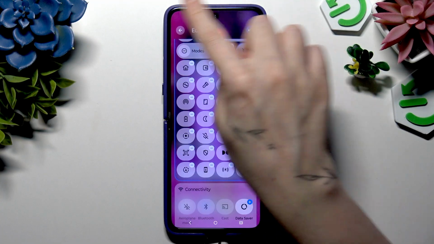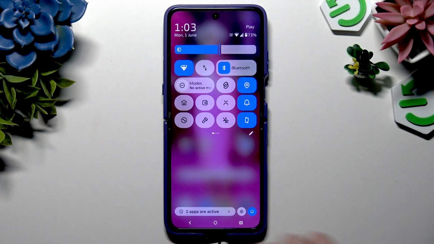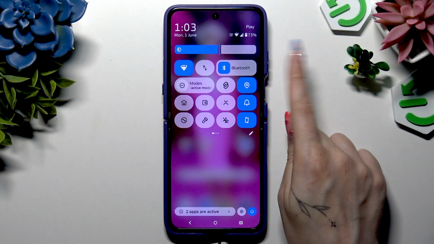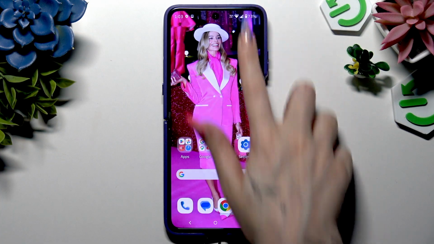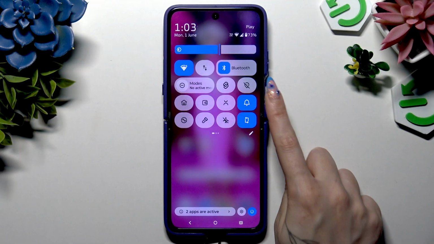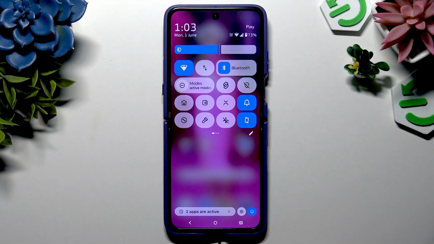Then go back thanks to this arrow at the top left corner and finally click on the location shortcut. If you see this pop up, you need to select close to disable location. So when I tap and go back, my shortcut turned gray. That means that location is off, but you can always turn it back on by clicking on the same shortcut